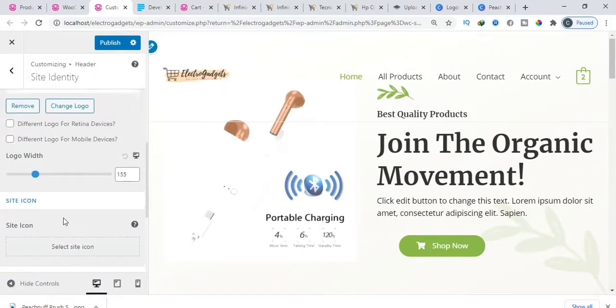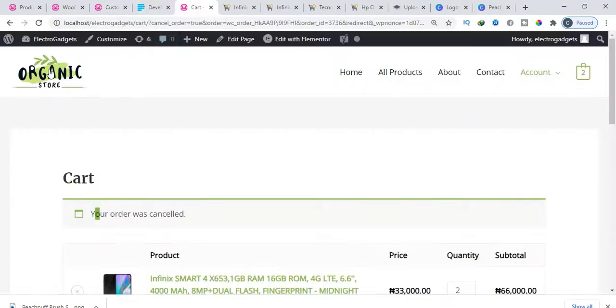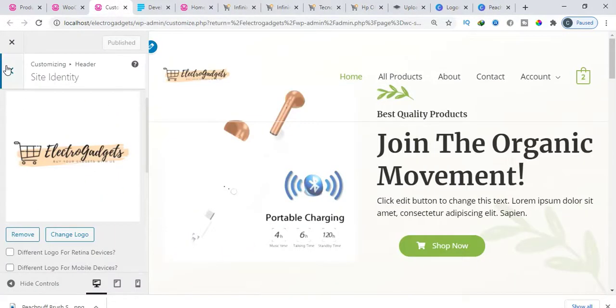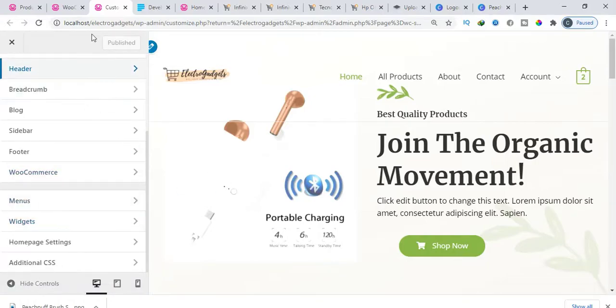Alright, and if you have checked every other detail you want to use, click on publish. If you visit back our website, click on the logo, you will notice that this is going to change. You are going to see a new logo take effect here, displayed on our header. Okay, we now have our new logo.